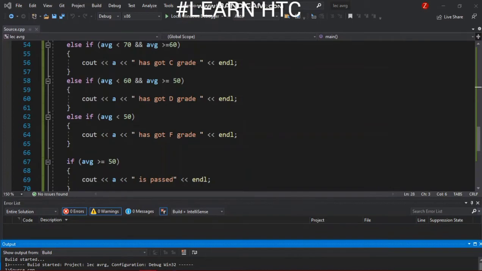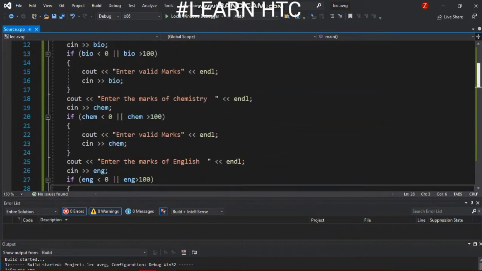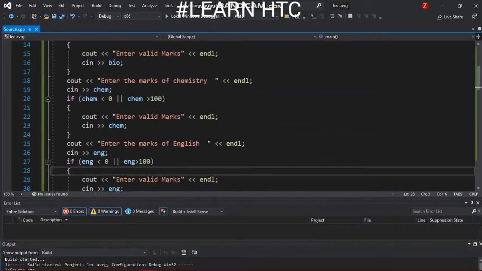So today we learned many concepts. First, how to find the sum, then how to find the average of some marks, then how to assign grades to them, and at the last we understood the concept of input validation. It's very important in our upcoming lectures, or in your near future.